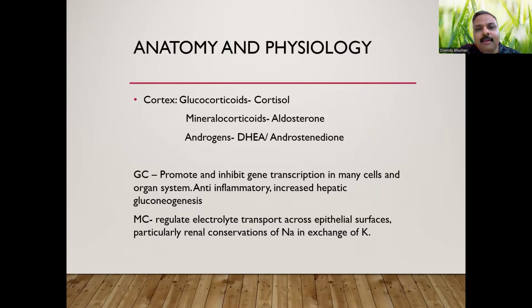So anatomy and physiology: the cortex and the medulla. Adrenal has a cortex and a medulla. Cortex forms the glucocorticoid, the main hormone being cortisol, mineralocorticoid, aldosterone, and androgens, DHEA and androstenedione. Glucocorticoid promotes and inhibits gene transcription in many cells and organ systems. It has anti-inflammatory effects and increases hepatic gluconeogenesis, and mineralocorticoid regulates electrolyte transport across epithelial surfaces, particularly renal conservation of sodium